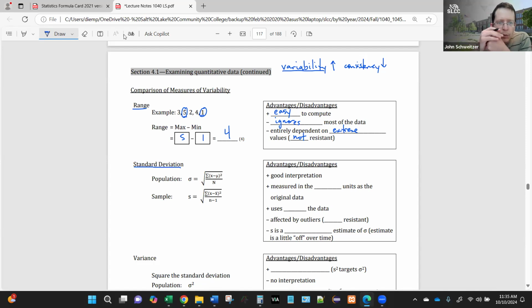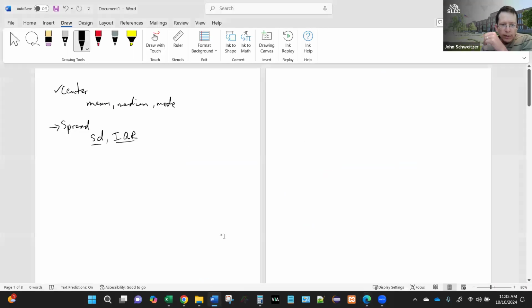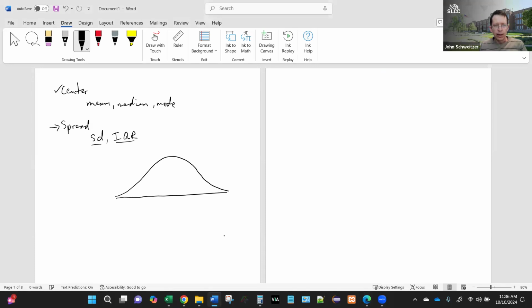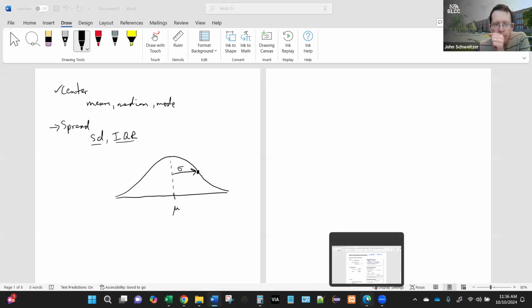Another way is the standard deviation. So in chapter 3, we talked about standard deviation. We defined it geometrically in that chapter. So if you remember, we said we have the mean in the middle, we have an inflection point over here, and then there's a distance from the middle to the inflection point. And that distance is the standard deviation. That's a geometric definition. It's a perfectly fine definition for standard deviation, but there is a formula as well,